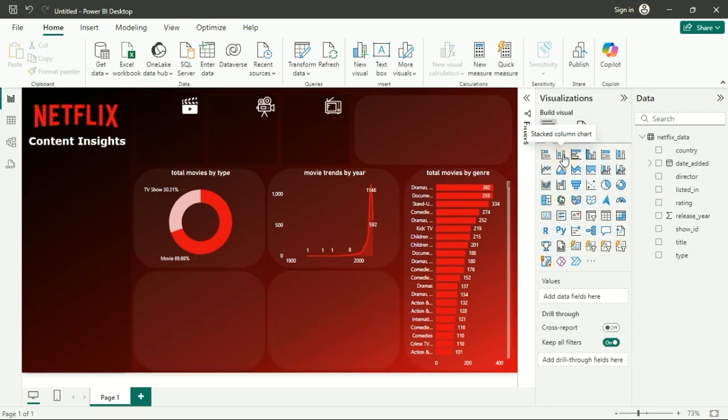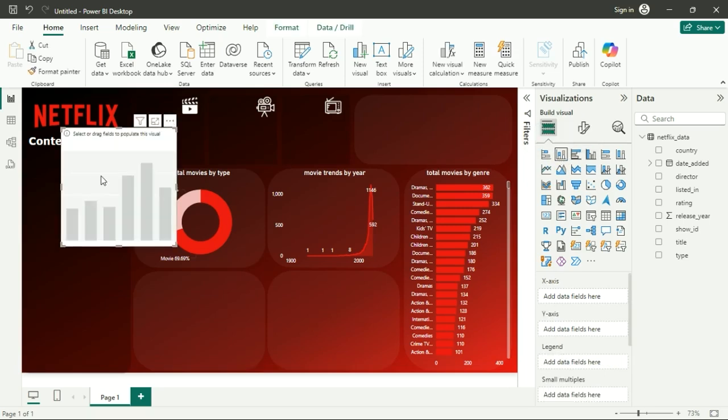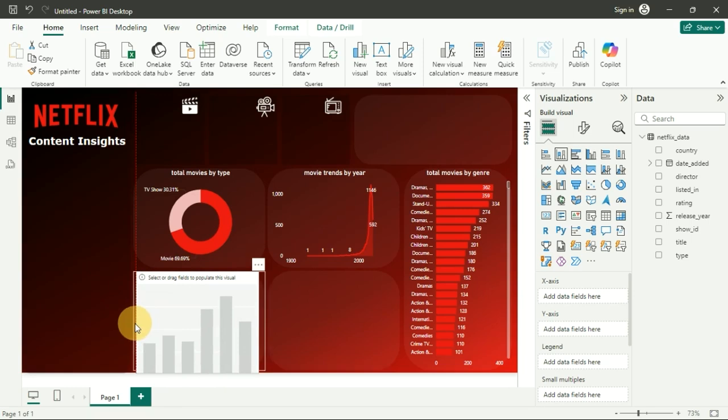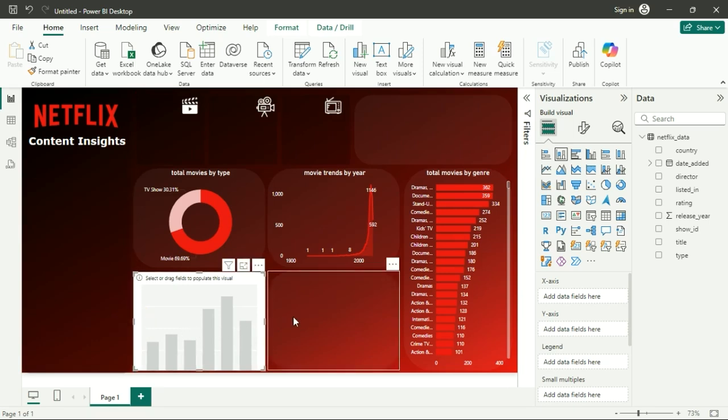This is the stacked column chart because I have to show the type also, that which percentage is movie and which percentage is TV show. So I'll just use it here and place it here and just reshape it, right? And here we go. Again we just place it here, right? Okay, I think I have to, yes, now it's done. Okay, and then we'll go to,